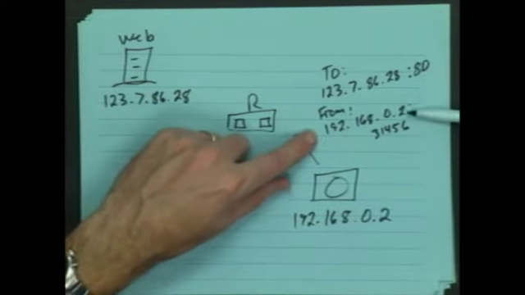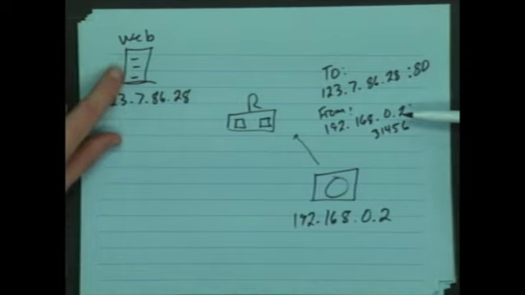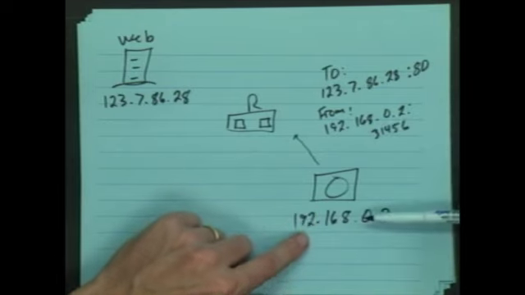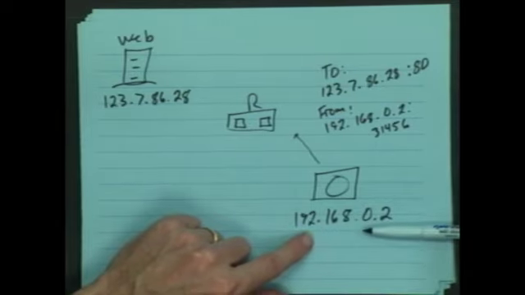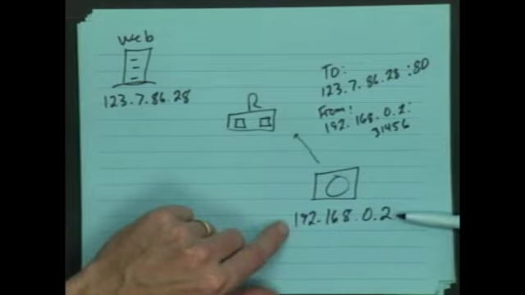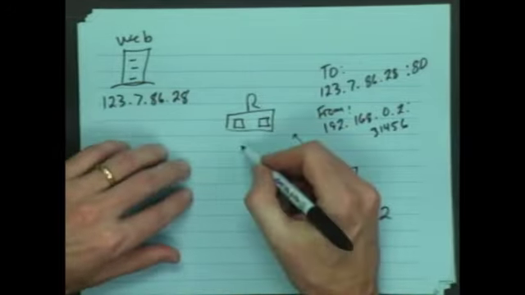Now here's the problem. 192.168.0.2. If I send a packet to this web server with that IP address on it, it can't get back to me because that's not a real IP address. Remember, a real one is unique on the whole internet, and this isn't. There might be hundreds or thousands of computers with 192.168.0.2. So what the router does with the NAT